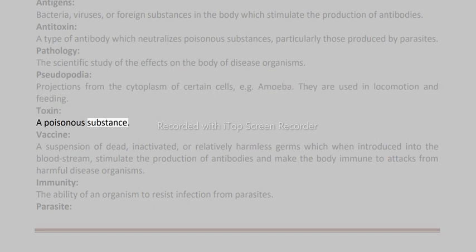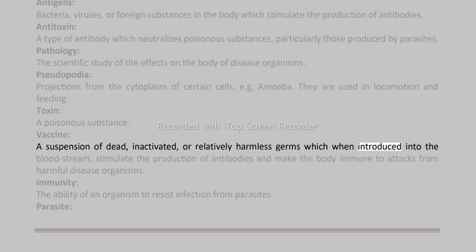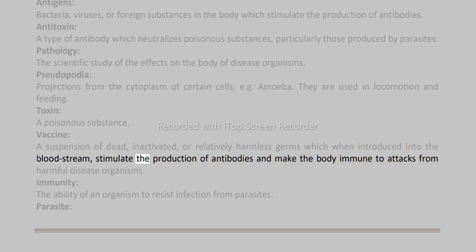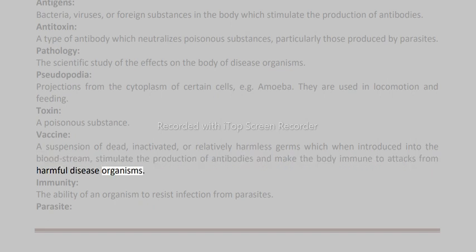Toxin: a poisonous substance. Vaccine: a suspension of dead, inactivated, or relatively harmless germs which, when introduced into the bloodstream, stimulate the production of antibodies and make the body immune to attacks from harmful disease organisms. Immunity: the ability of an organism to resist infection from parasites. Parasite: